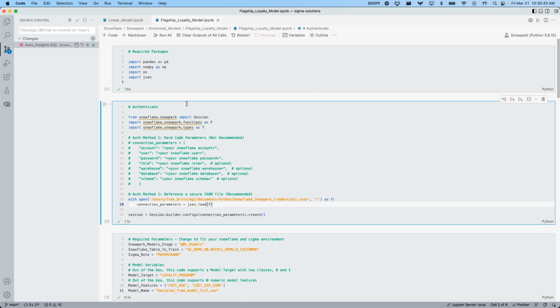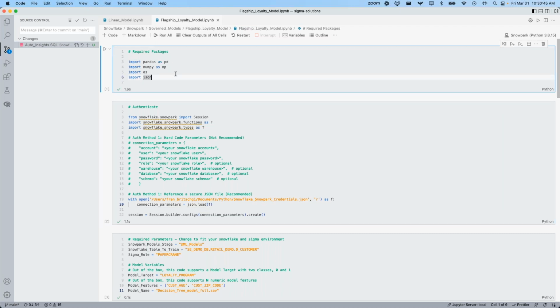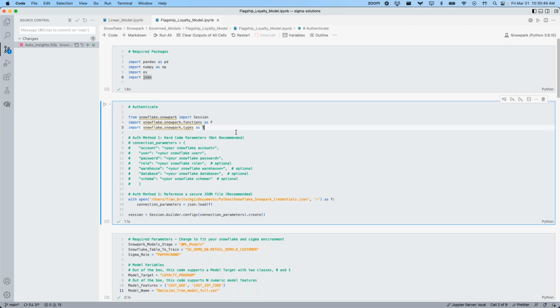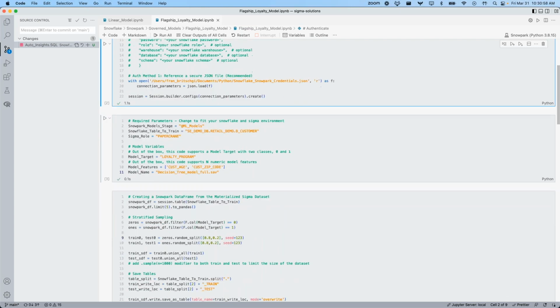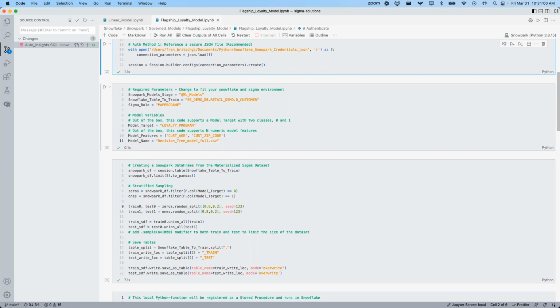So that's all that I'm doing here: I'm loading some required packages to work with the data locally, and I'm authenticating into my Snowflake account. And then once I'm authenticated, all the process involves is creating code that you define locally that will then run on Snowflake compute.